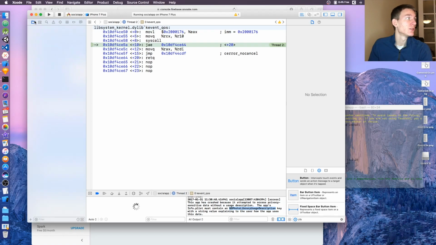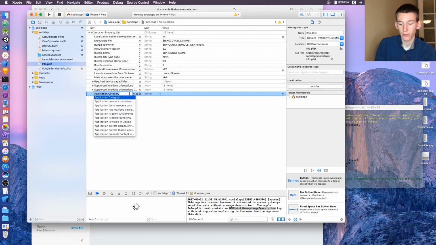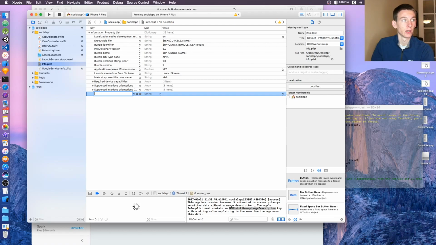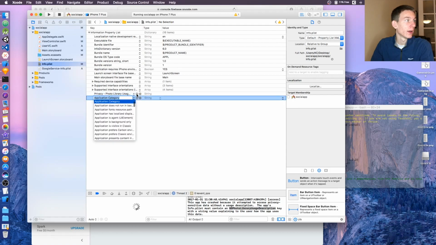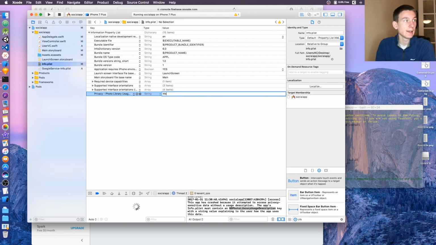Okay, we need to go to our info.plist. And at the bottom, just click the little plus button, and let's type in NS photo. Here, I'll just paste mine in. If you have it right there, just copy and paste it. Okay, so let's paste that right there. Click enter, and then we need to access your photos